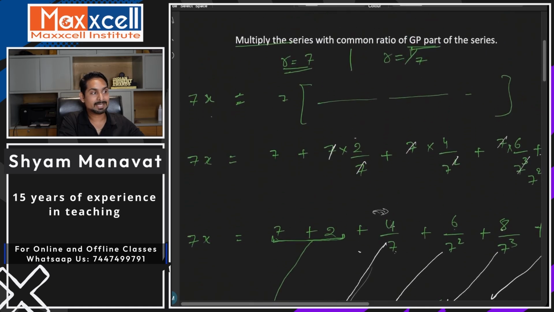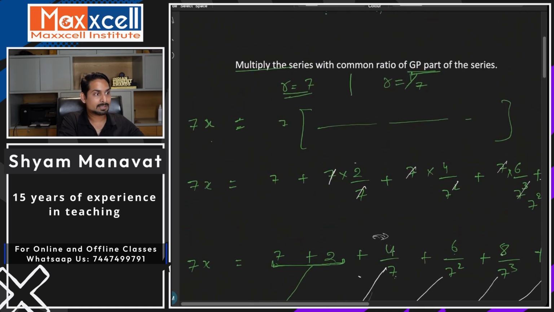We multiplied by the common ratio of the geometric part of the series, so that I can shift the series a step ahead and then subtract with the previous series which we had. So you have the next term subtracted with the previous term. So you are left with